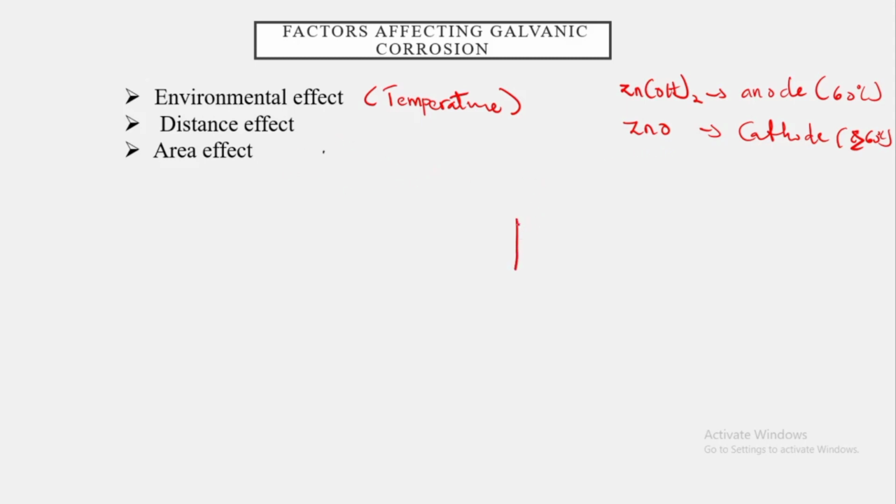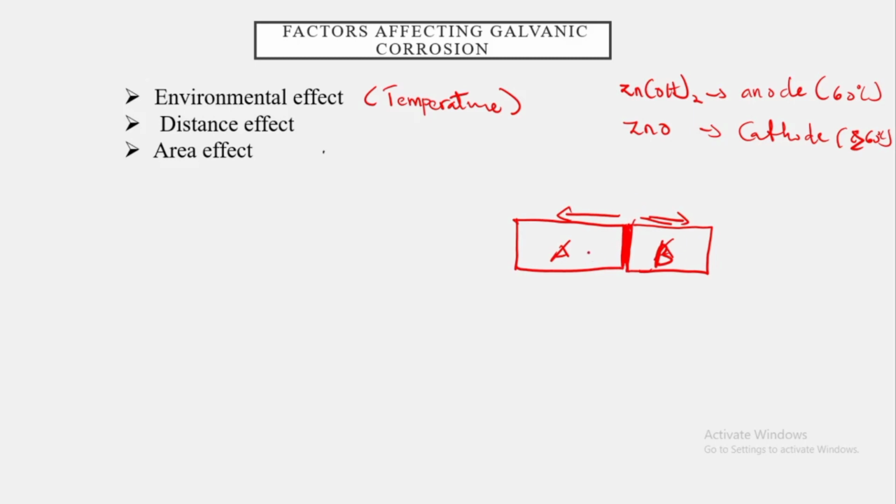You know that corrosion happens at a junction. So this is material A and this is material B. Corrosion will initiate at the junction here. So what it means is that when you are moving far away from the junction, the corrosion rate will reduce. But when you are close to the junction, the corrosion rate will increase, because corrosion initiates at the junction when two